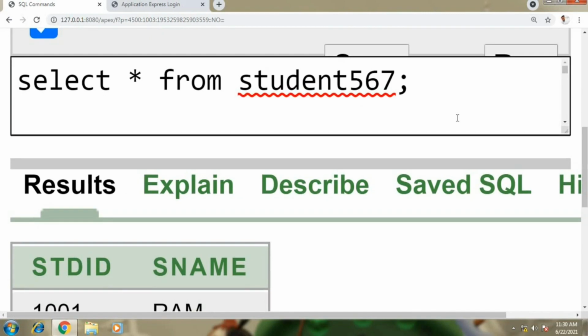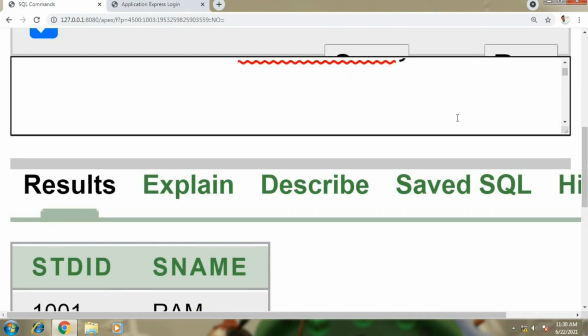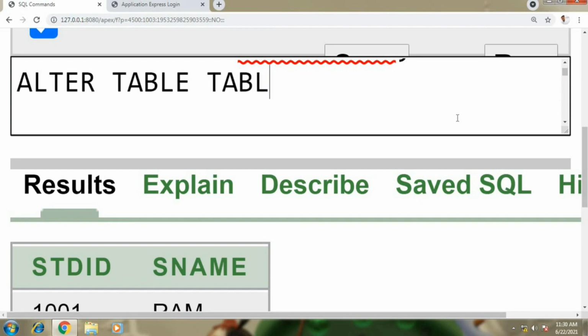I'll type a little bit bigger. Alter table, and then the table name should be specified, whatever the table name that you are going to give.